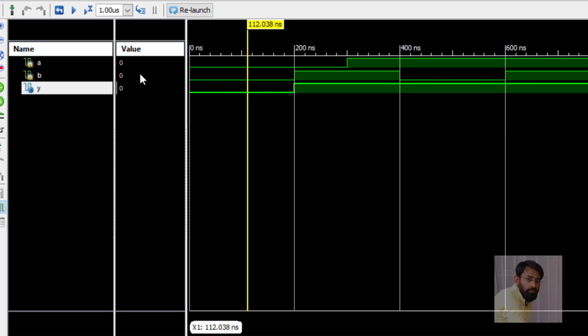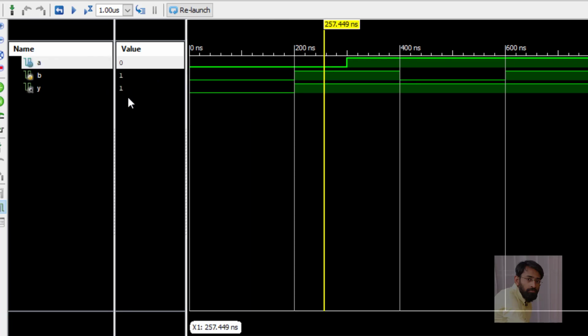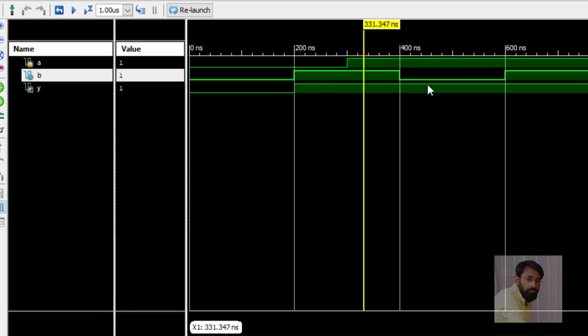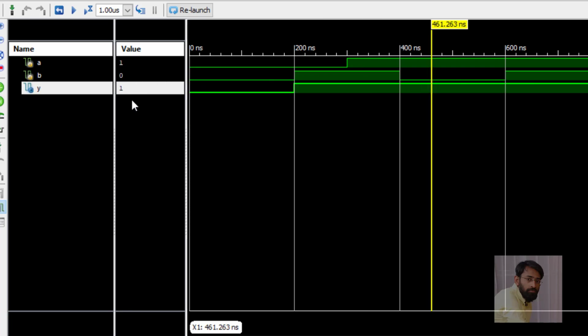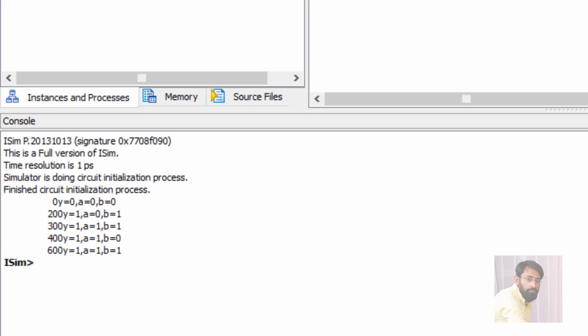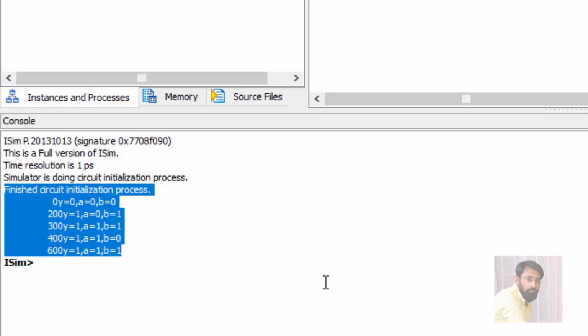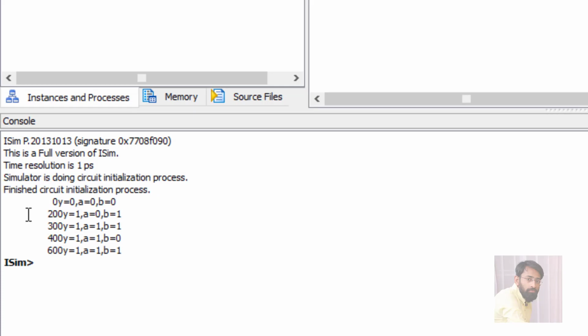See here, when A is 0 and B is 0, output is 0. 0 plus 0 is 0. Next, 0 plus 1 is 1. 1 plus 1 is 1. 1 plus 0 is 1. So no errors are there, a proper waveform. The same thing you can see in the form of text within this console window. This is called the console window, where you can view the result directly. Here 0, 200, 300, 400 and 600 indicate the simulation time.